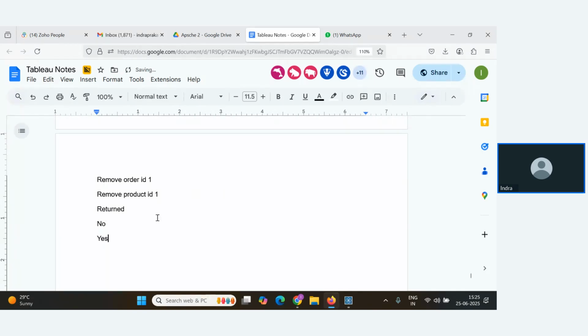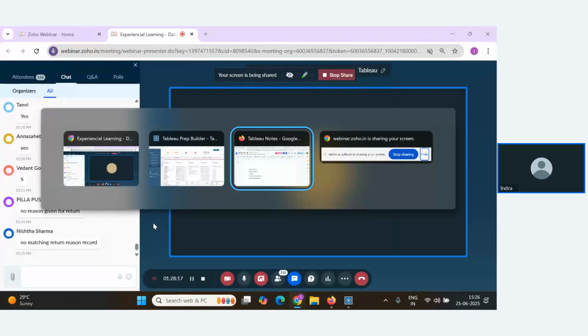This no basically says that the order was not returned, and this yes means the order was returned. This can be another column for analysis, right? I'll be creating this field.